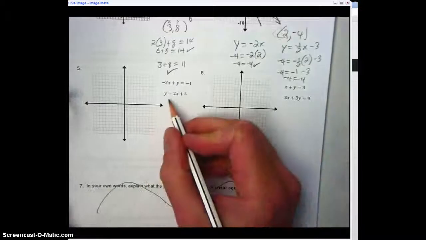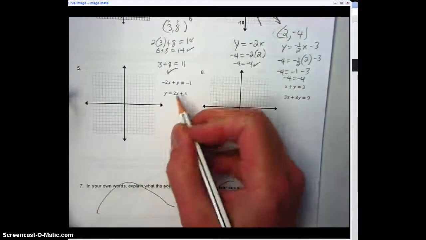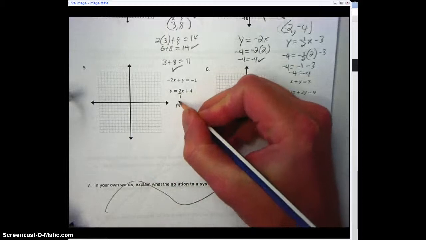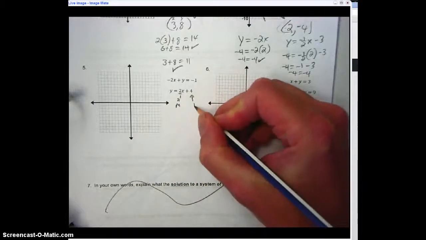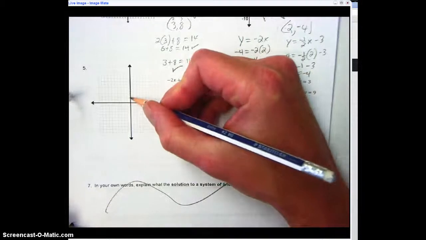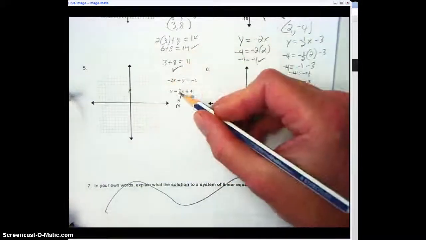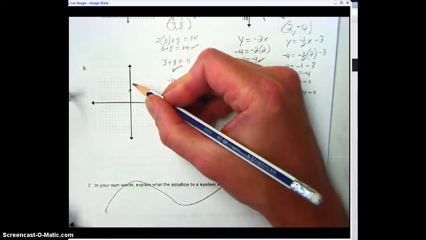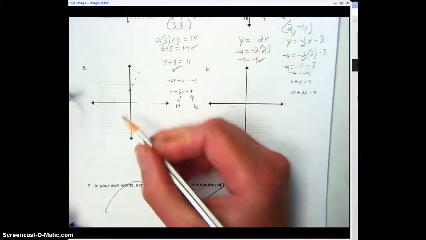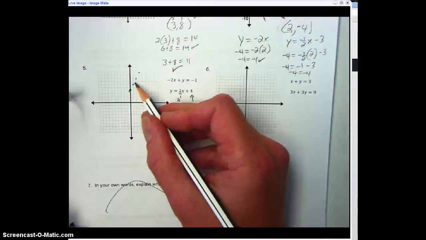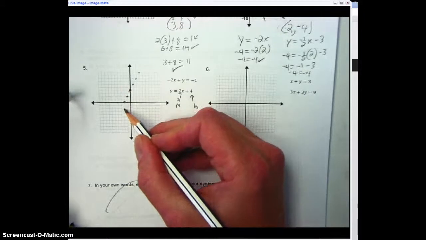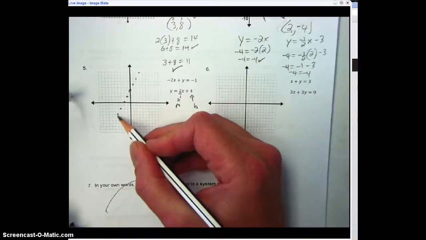So here we go. Let's go ahead and graph this right away because you can see that y is already isolated. So my slope is right there, my y-intercept is right there. You're going to begin at 1, 2, 3, 4, and you're going to rise 2 and run 1. Rise 2, run 1, rise 2, run 1. And of course the opposite of going up and right is down and left, down and left, down and left. Continue as far as you can go,